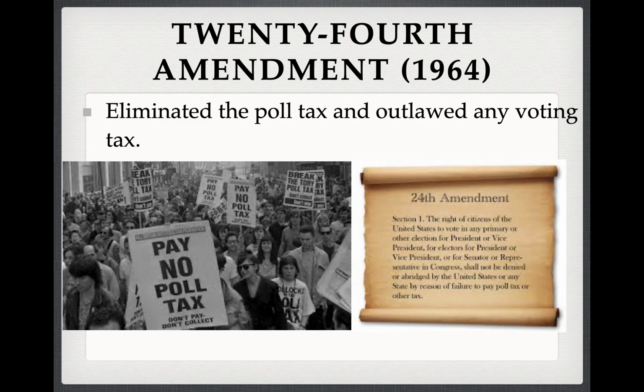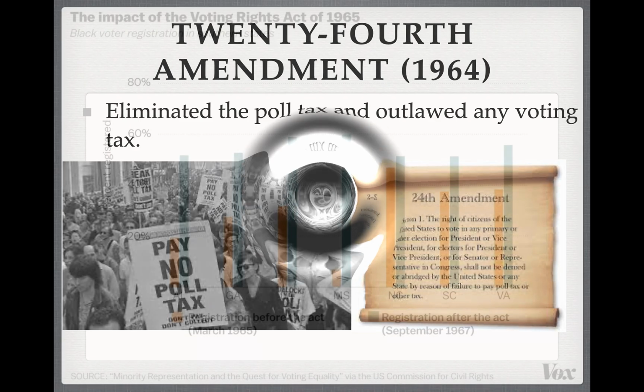So that's the big question we're talking about: driver's licenses or IDs. Can they charge you money and make you get an ID to vote? Well, there's a strong argument under the 24th Amendment against it. It specifically states you can't have a poll tax or any kind of voting taxes. It cannot cost money for you to vote. The states have to pay for voting. They have to pay for the booths, provide you with the opportunity to vote, and stay open a certain number of hours so that you actually have a chance to vote.